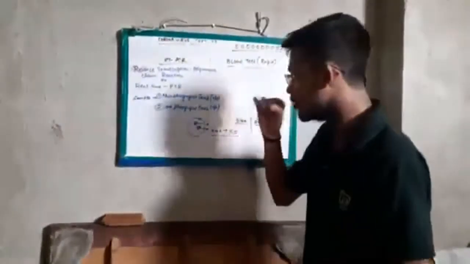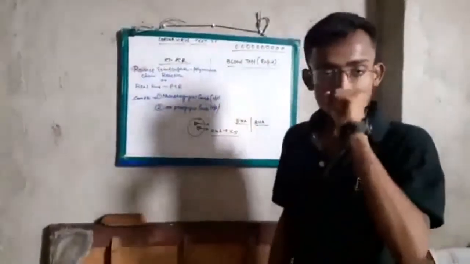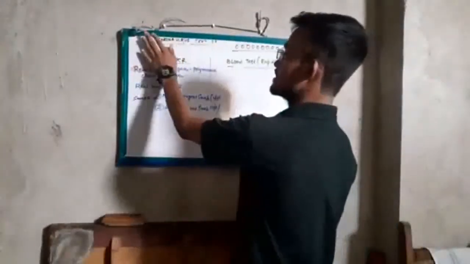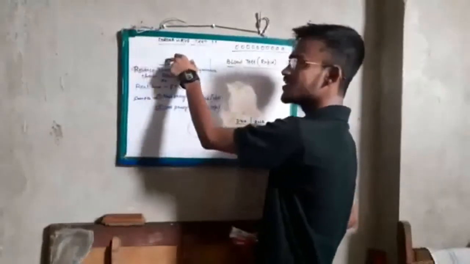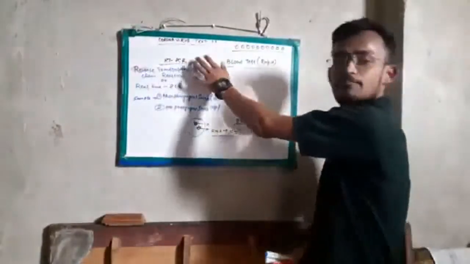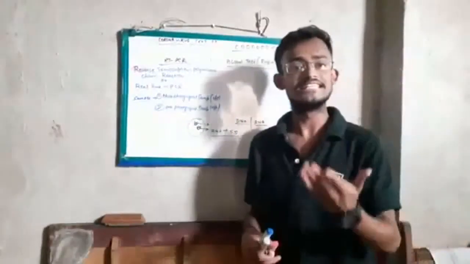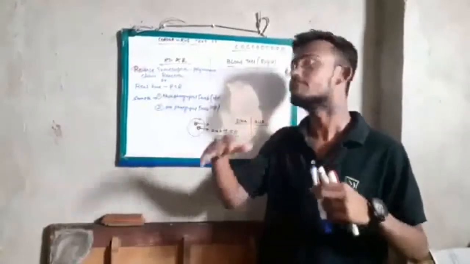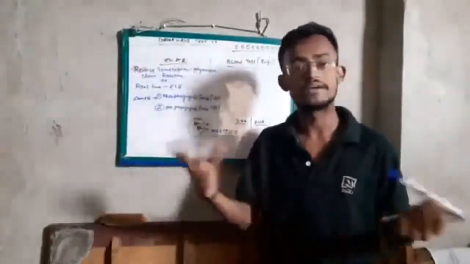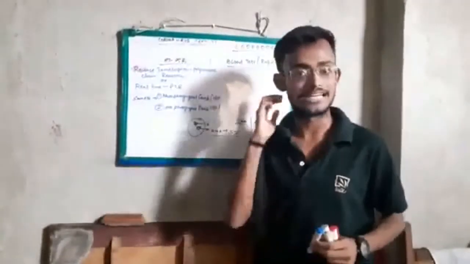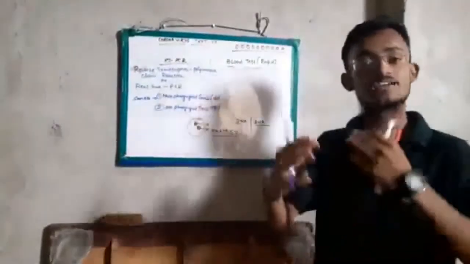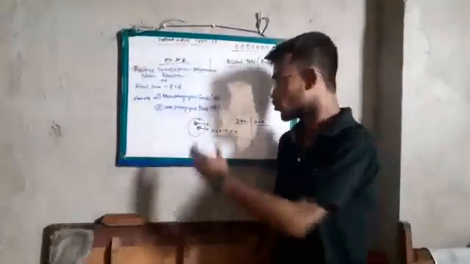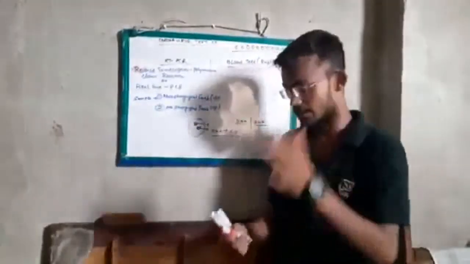Now, before proceeding to RT-PCR, in molecular biology or microbiology, we generally use PCR, polymerase chain reaction. What does PCR do? With the help of PCR, we can amplify the DNA. It means we produce a number of copies of DNA as per our requirement. If we need 1,000 copies, we can make 1,000 copies. If you need 10 copies, we can make 10 copies. Copies mean a Xerox of the DNA. To amplify the DNA, we need to know the sequence of the DNA.